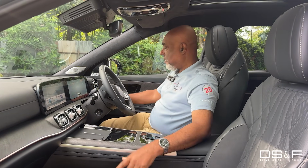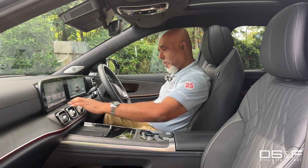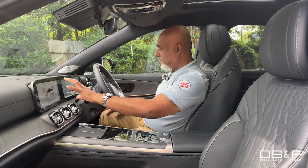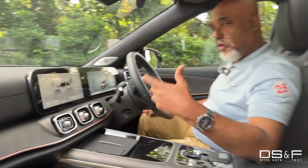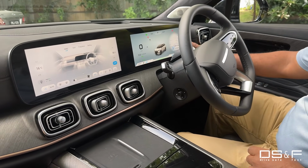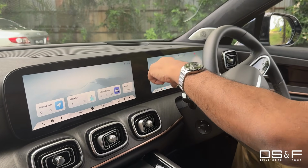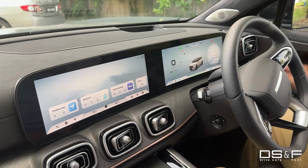Now, when you start up the car, beautiful digital screen, clear. Everything you want is in the screen. Now, cameraman, can you come into the car, take a closer look at this? Now, if you look at the screen here, you got your navigation here. Of course, when you do parking and everything else, you got all the sensors working. You got your speedometer, tachometer, everything here, your fuel gauge, how many kilometers left, your temperature, total mileage taken, outside